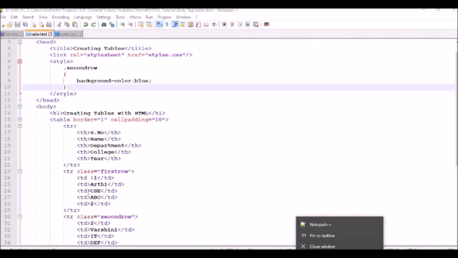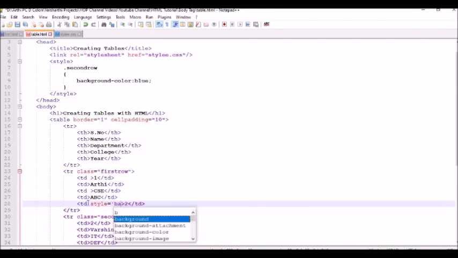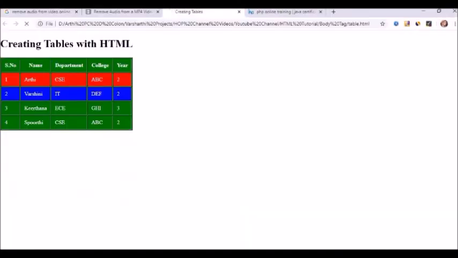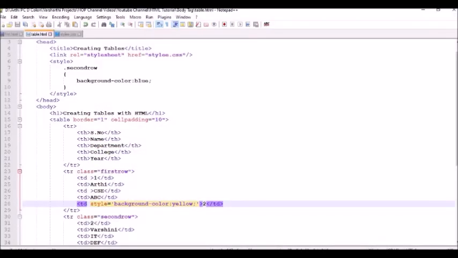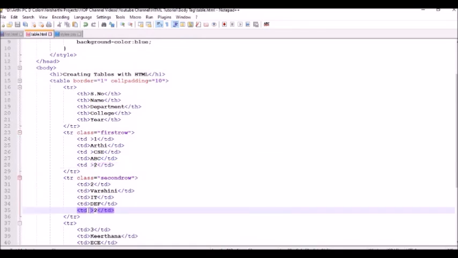For that I can use inline CSS. We have applied it for the first row. If we want to apply it for the second row, so that you can see the difference.